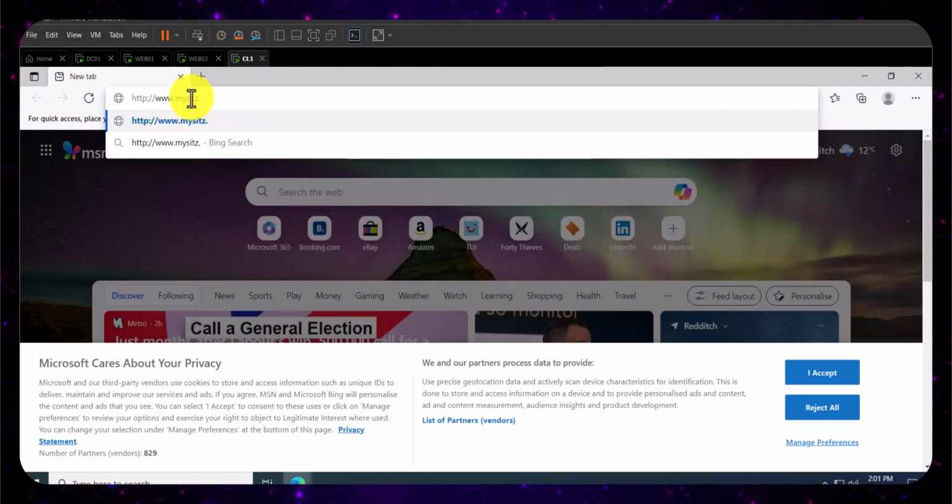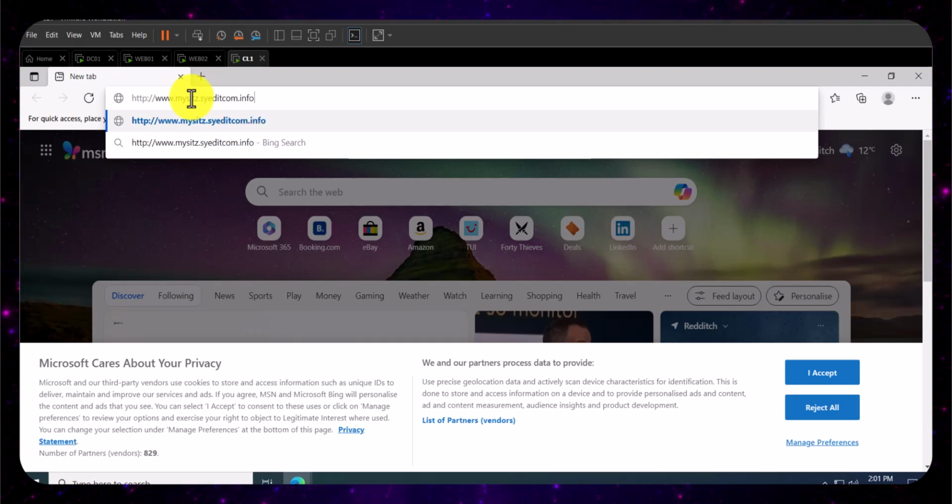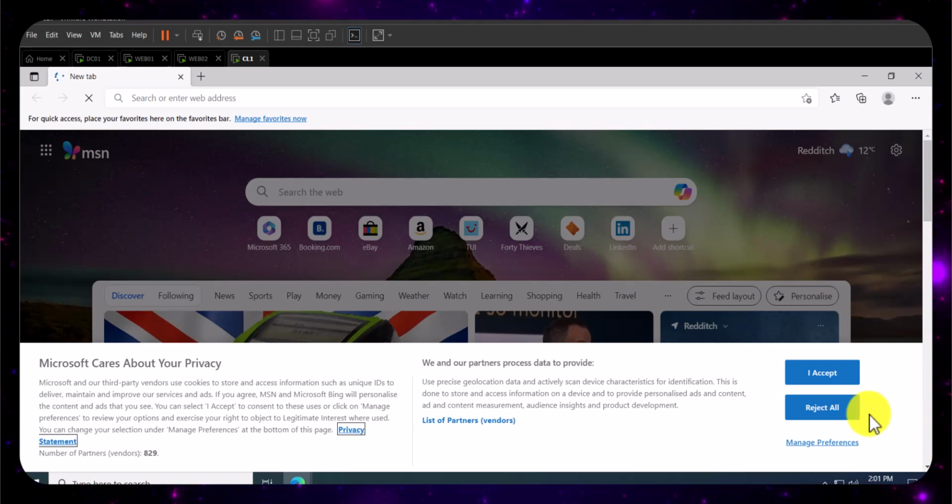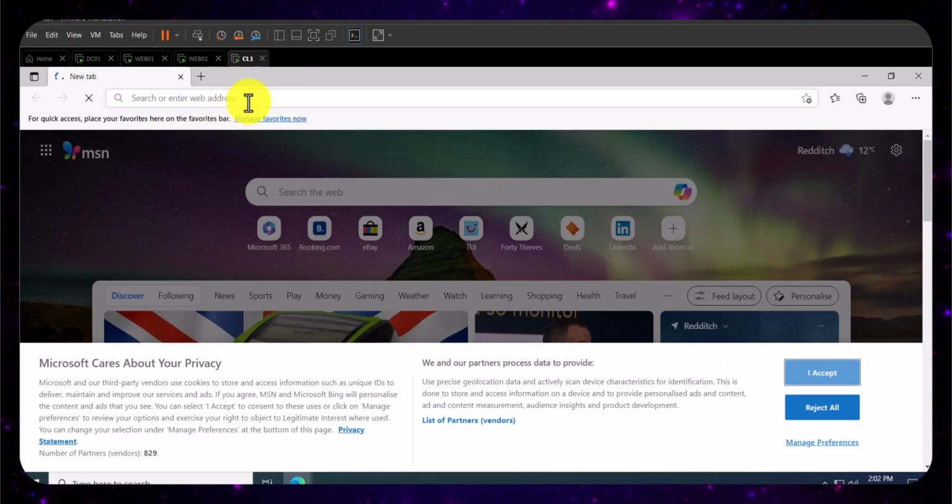Sites dot, as you can see, it's not opening up. It will take time and it will throw an error because I haven't done anything in the DNS of the